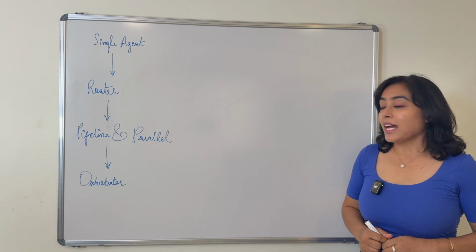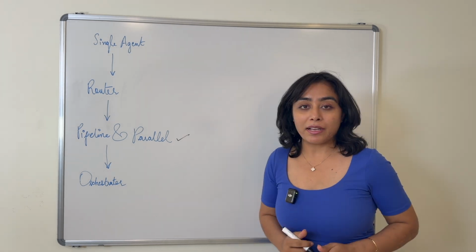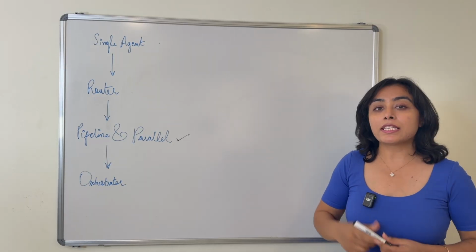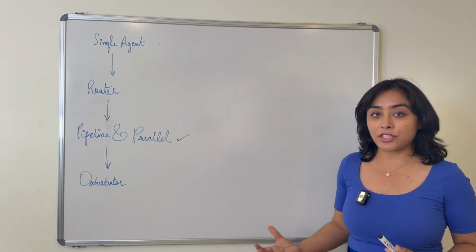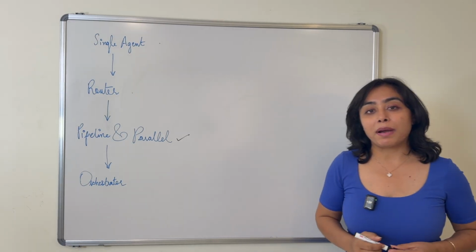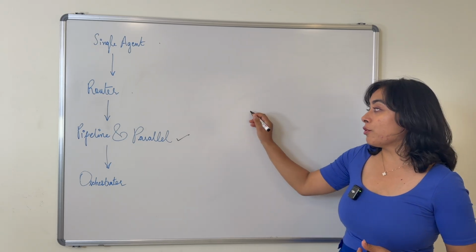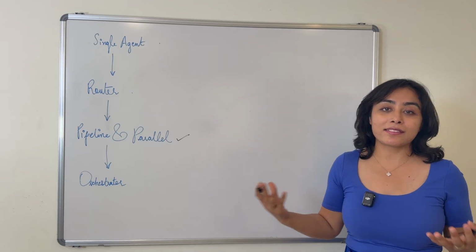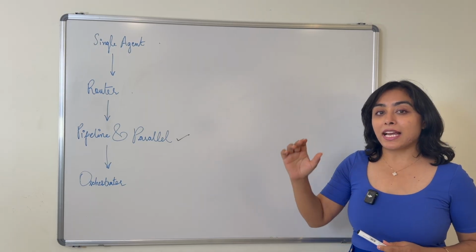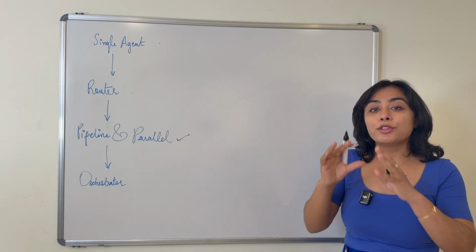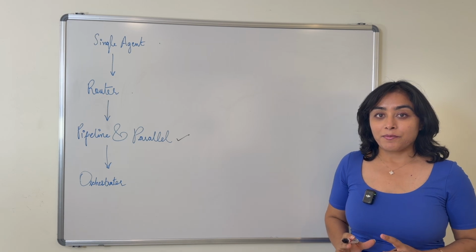Hi. In the last video, we discussed pipeline and parallel pattern, which is an advancement over single agent and router patterns. In the parallel and pipeline pattern, the system has the ability to call multiple agents across different steps. However, there is one problem with the parallel and pipeline pattern in that the control flow or the steps are decided by the human software engineer while designing the system. So the steps are exactly fixed, how the system will work, how the data flow happens from step 1 to step 2, those steps are exactly fixed.